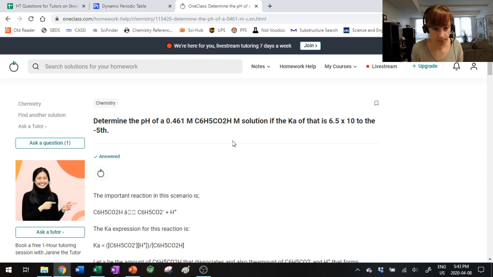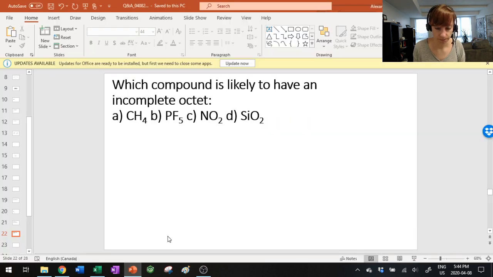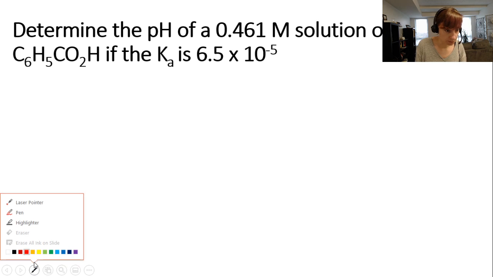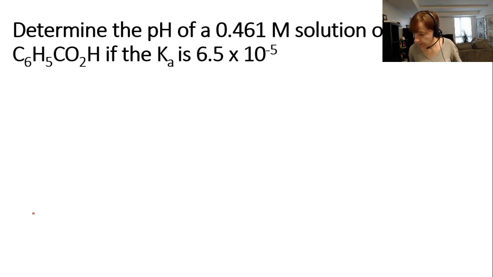Okay, we're going to do a little bit more math in this one. So the question is, determine the pH of a 0.461 molar solution. And it gives you the Ka, which is 6.5 times 10 to the negative 5. So if I were to draw out the dissociation equation, so we have